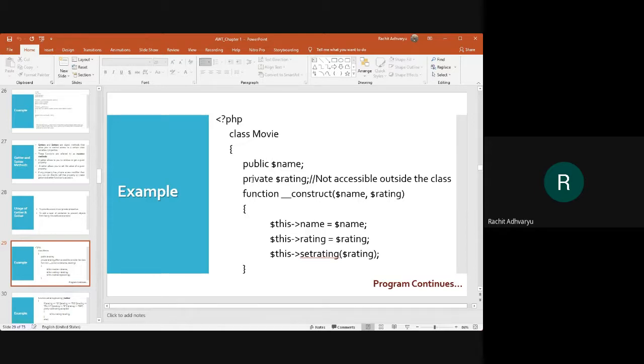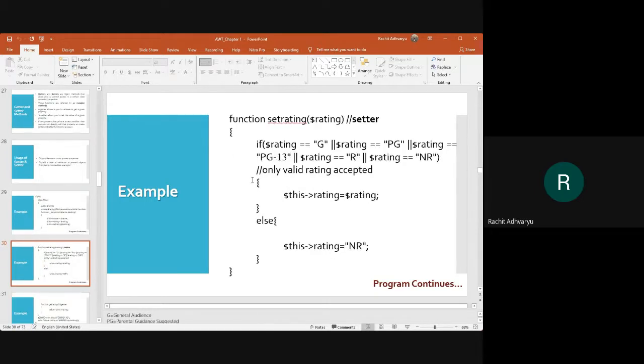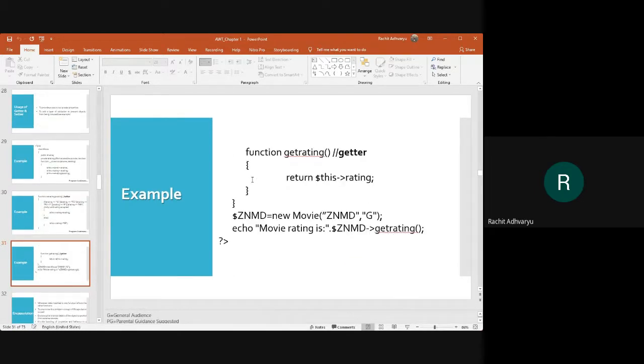Mainly when we want to access a private property that is not accessible outside a class, for such properties only we use getter and setter methods. Remember this rule, getters and setters can only be used for accessing the private properties outside the class scope. That is what we have seen.